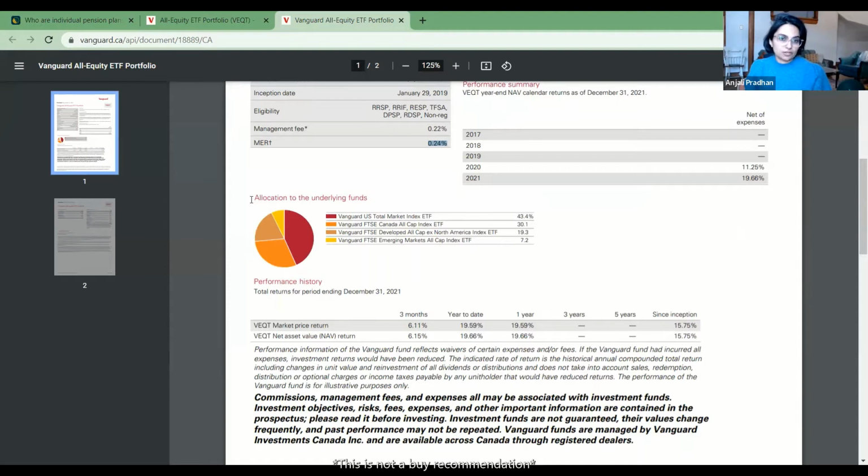So here is the answer to my question: allocation to the underlying funds, Vanguard. Okay, so these are the funds that are in this all equity ETF. So this is a fund of funds, which means that the ETF is made up of other smaller ETFs. And then it packages all of them for you in a neat bundle, so you don't have to go picking different ETFs. So this is what the school principal meant when he said it's nicely bundled, and if you don't know anything about investing, this is a good go-to. So he wasn't wrong there.